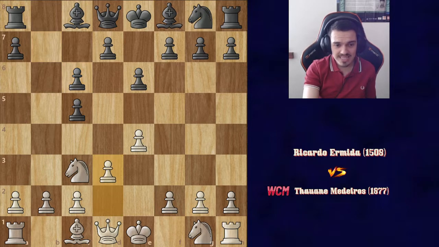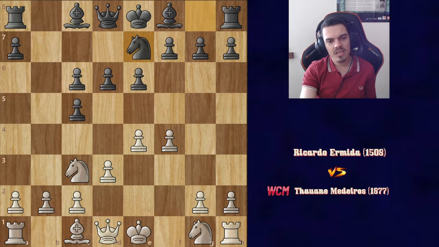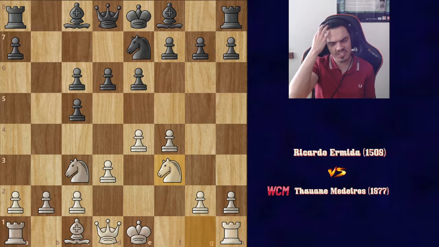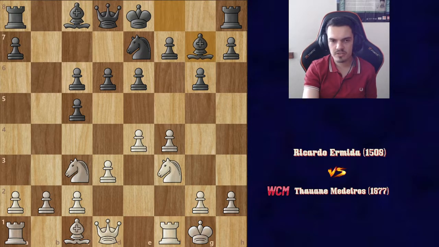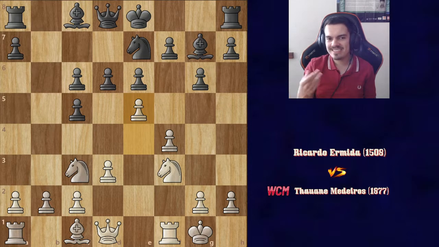So I went d3, solid, just solid stuff. She went d6, I went f4, and she went knight e7, I went knight f3. So I love these positions which resemble the Grand Prix, but different order, you know. And g6, castles, she shadows the bishop on g7. I go e5 here, and believe it or not, the engine in this position says that I'm already